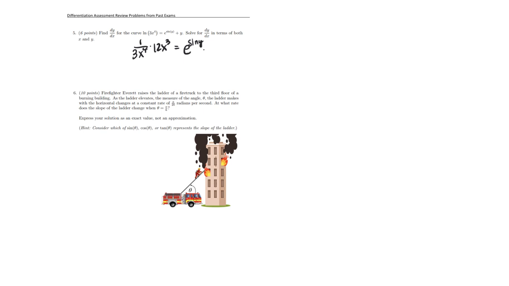times derivative of sine y is cosine y times the derivative of y is dy dx, plus the derivative of y again is dy dx. Now I can factor out the dy dx and divide by what's left over. So over here on the left-hand side, I could simplify that to 4 over x. Once I divide 12 by 3 and x cubed divided by 4, that's all that's left there, equals, and so